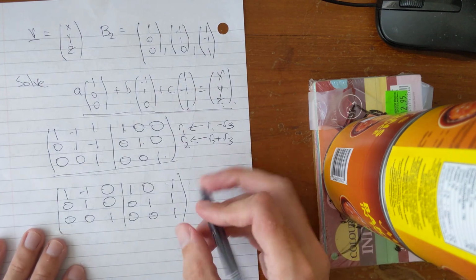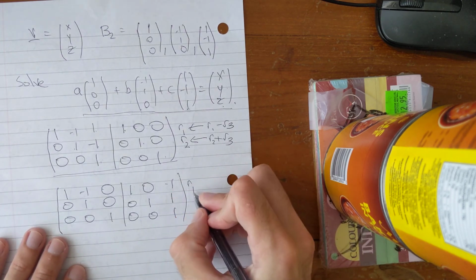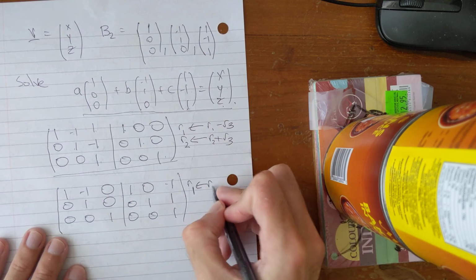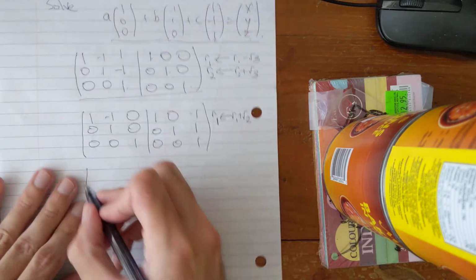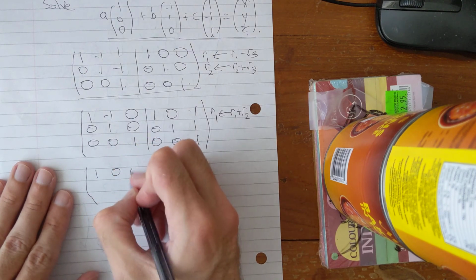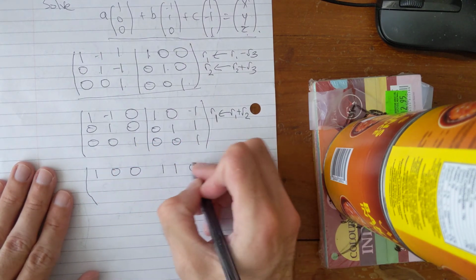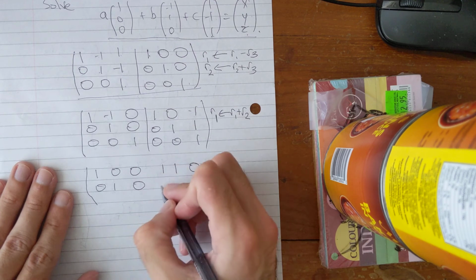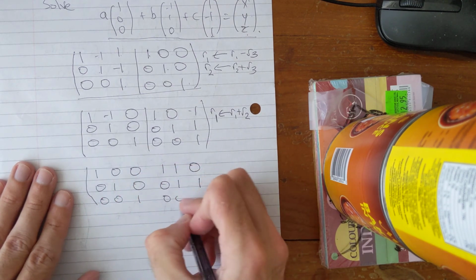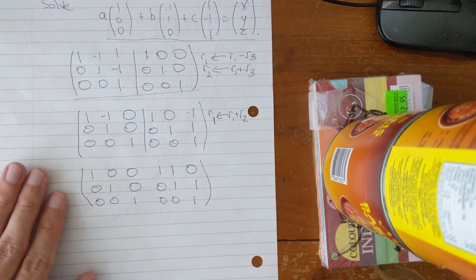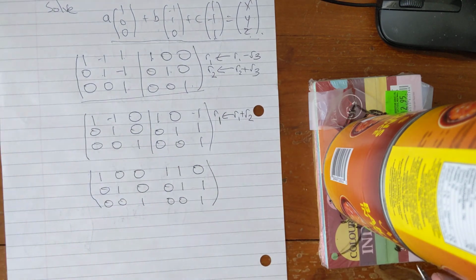Then we'll do row 1 replace with row 1 plus row 2. Right, and as long as I haven't made any mistakes,